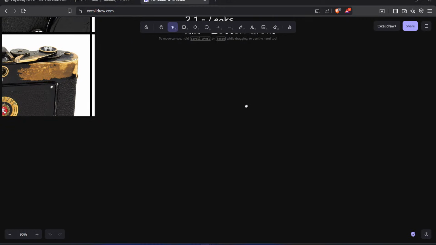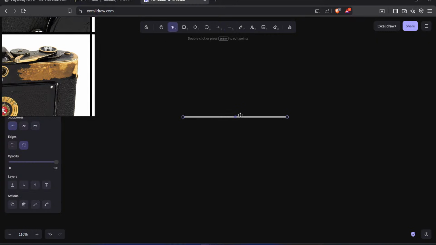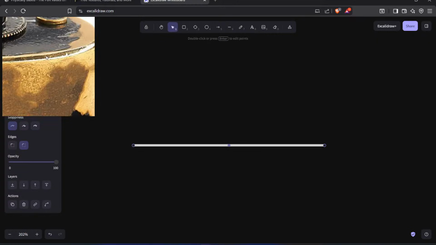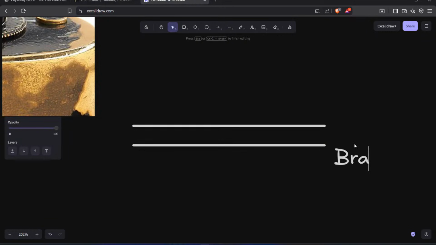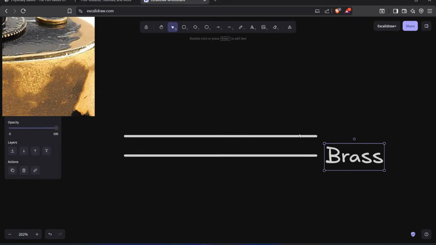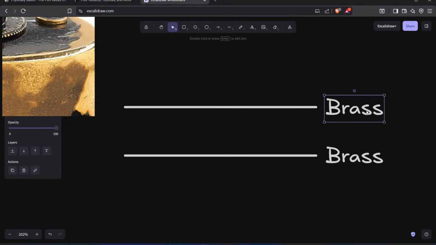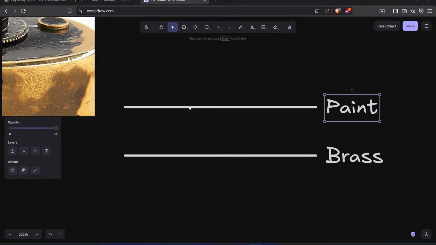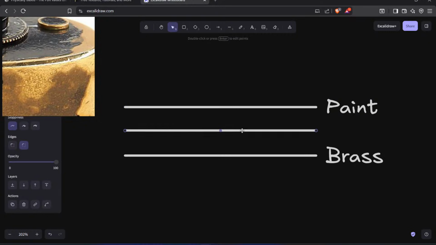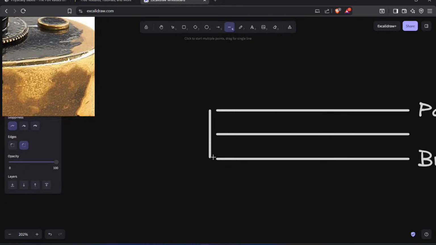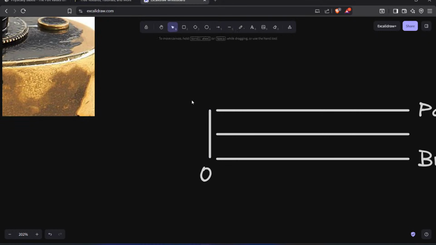like this. We have our brass, clean brass. That's going to be the most shiny layer. On top of that, I think maybe we can name it whatever. On top of that, we're going to have the paint. Okay. And in between, we have these sort of layers over here. If we could draw a line here that goes from zero to 100%,